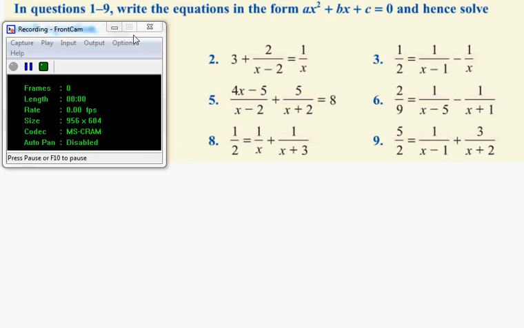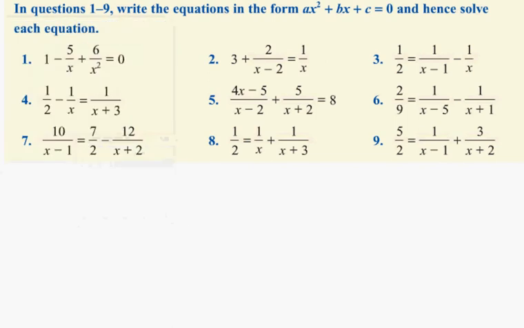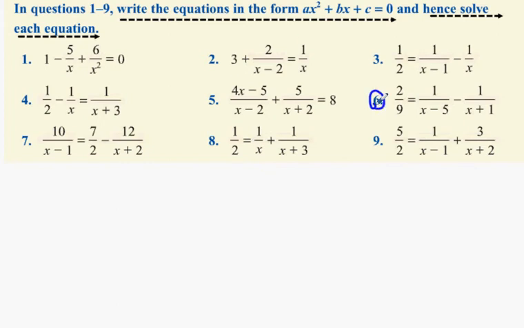What we have here, guys, is question 6. It first wants you to write the equation as a quadratic equation. Once you write it as a quadratic equation, you then need to solve that quadratic equation. That's what that question means. So, for question 6 as an example, you have 2 over 9